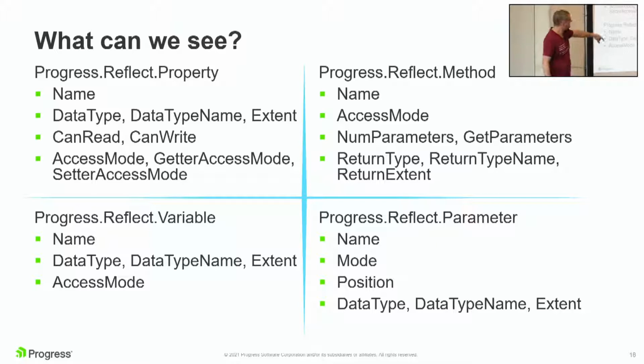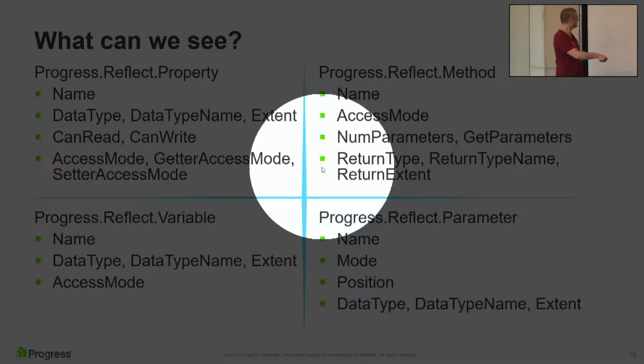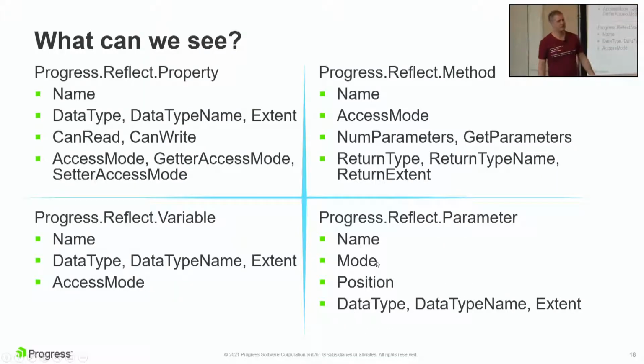Again, methods. The important part here then is the number of parameters and what those parameters are. You can drill down into the bottom right here, and we can see the parameters have a name, a mode (input, output), a position (1, 2, 3, 4, 5), and a data type, etc. So from a class we can get, because all objects of a class have the same stuff in them, all the properties, their names, whether I can write to them, etc. And you can see where I'm going with this, I'm sure.